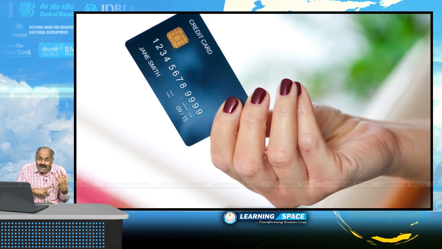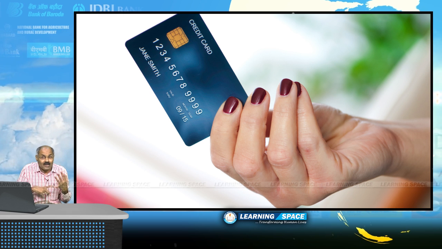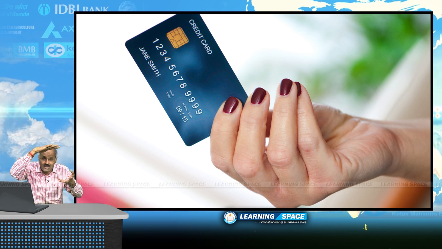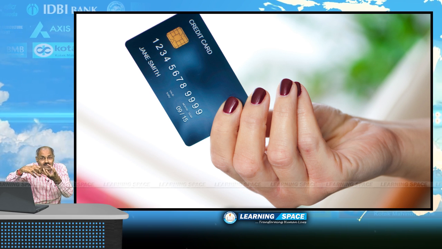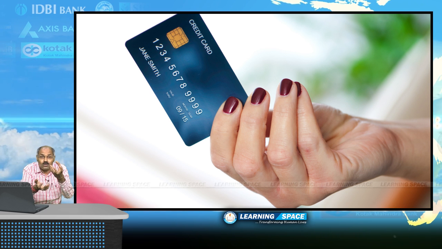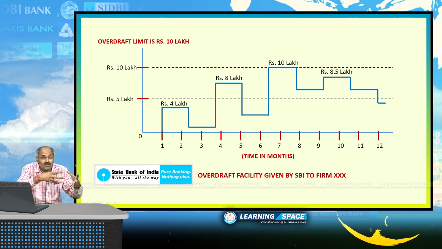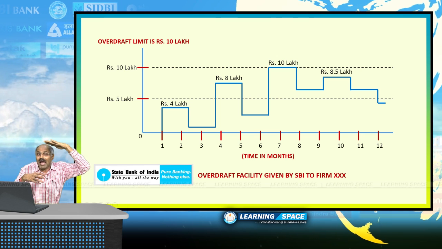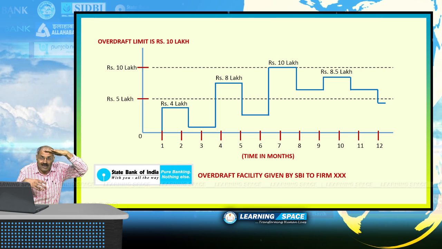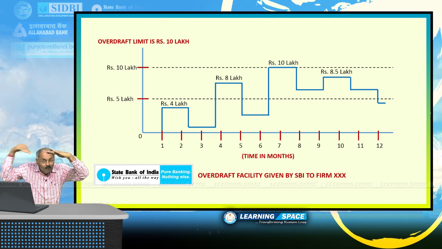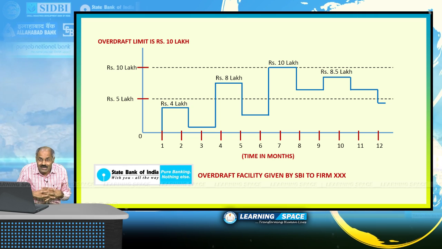Then credit card transaction is an example of revolving credit. Credit card also, what will you do? You will purchase something and then you will pay back to the bank subject to the limit. Again you will purchase, you will pay back to the bank. So credit card transaction is also revolving credit. Like that, this overdraft facility, cash credit facility, these are examples of revolving credit. Bank limit will be fixed by the bank, and subject to the limit, you can access bank's funds and you will pay back as per the agreed terms and conditions.